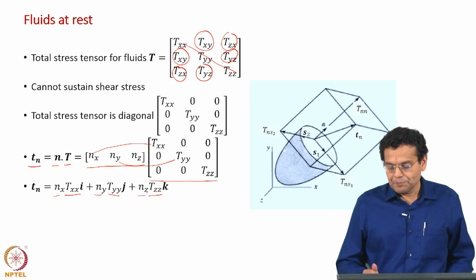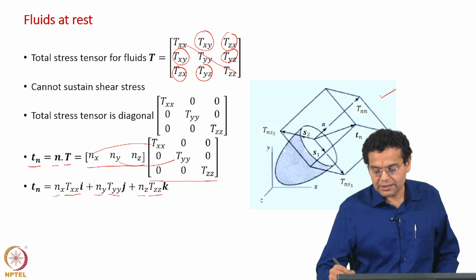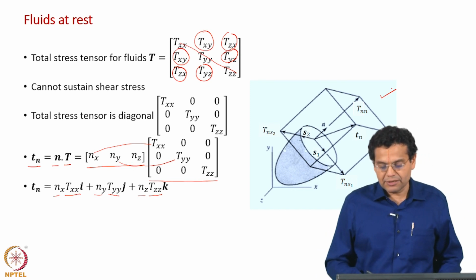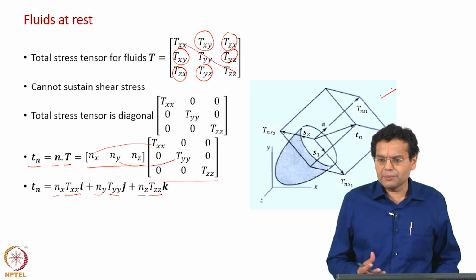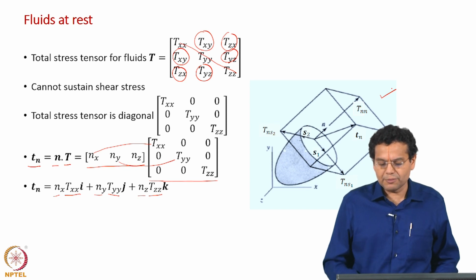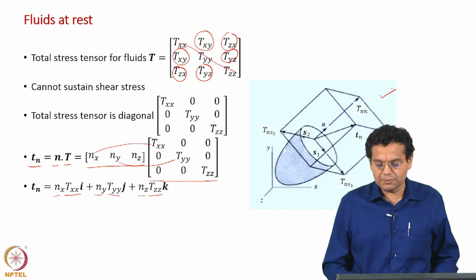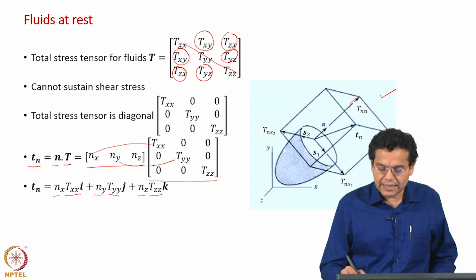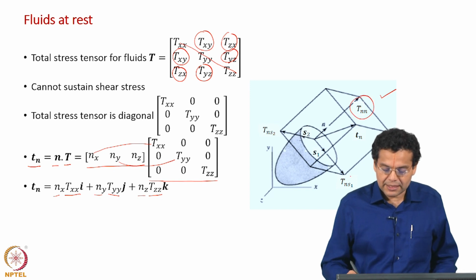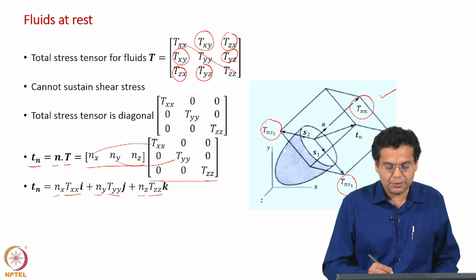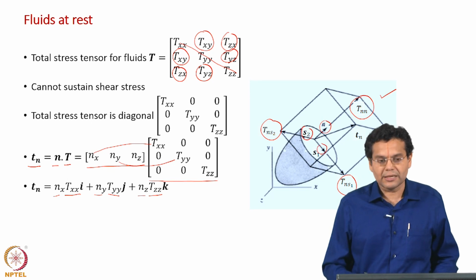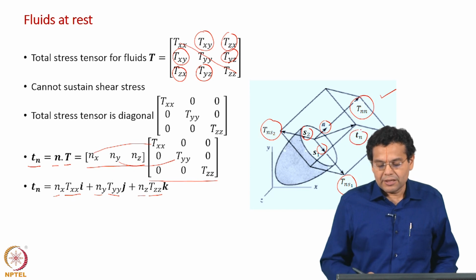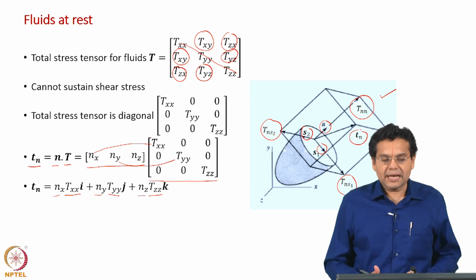For that, look at the diagram shown here. It is the same as what I have shown for solids. You should imagine this as a fluid body, and then a surface in the fluid body. Just to give a feel, I made it colored blue, but now look at the components. The normal stress is capital Tnn and the shear stresses are Tns1, Tns2, and then directions S1, S2 are shown here. The stress vector we resolved along the normal and the tangential directions.